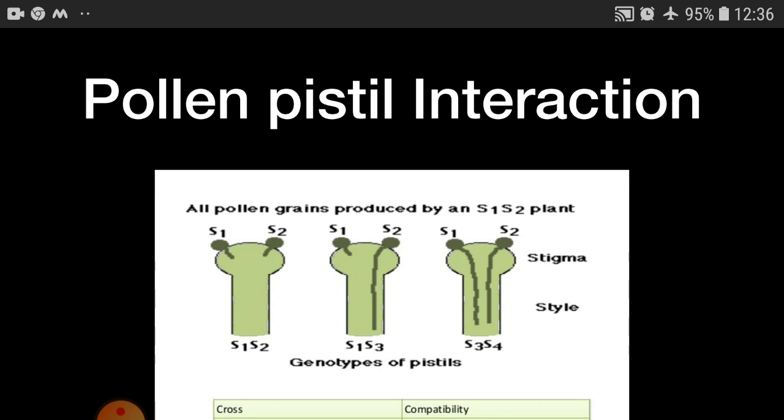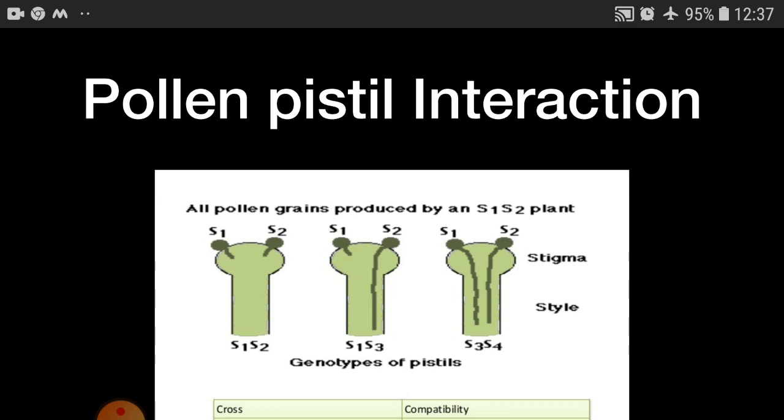Sometimes the pollen is of the wrong type. So it can be either from some other species or from the same species, right? So the pistil has the ability to recognize whether it is the right type of pollen or the wrong type, that is, whether it is incompatible or compatible. If it is of the right type, then the pistil accepts the pollen and promotes the post-pollination events which will lead to fertilization.